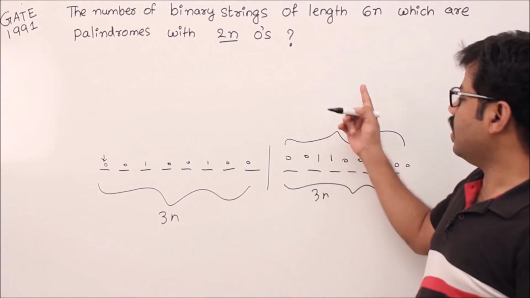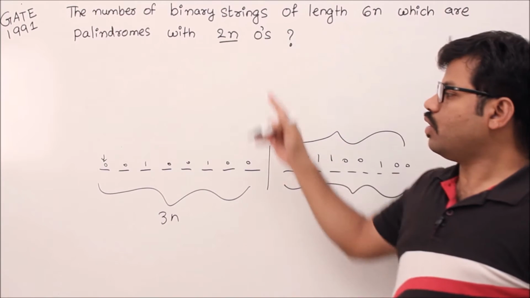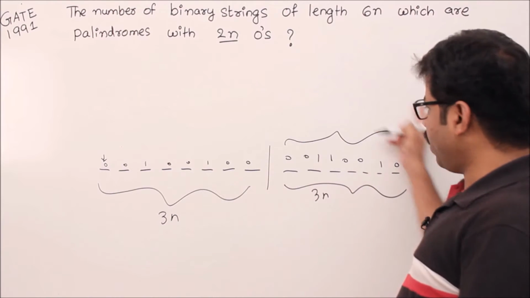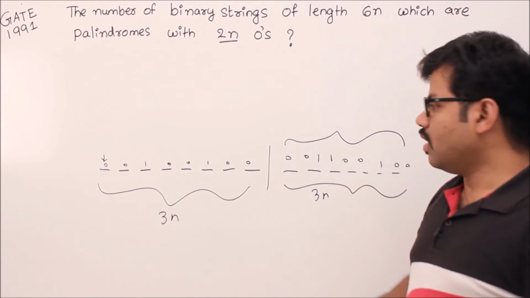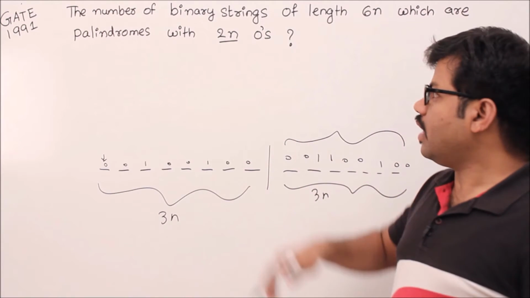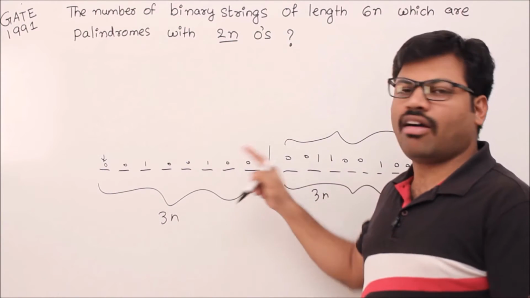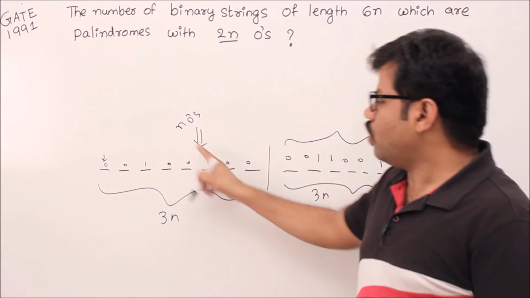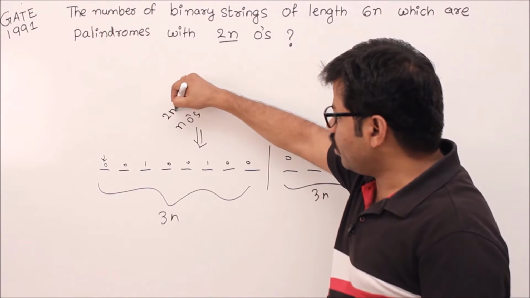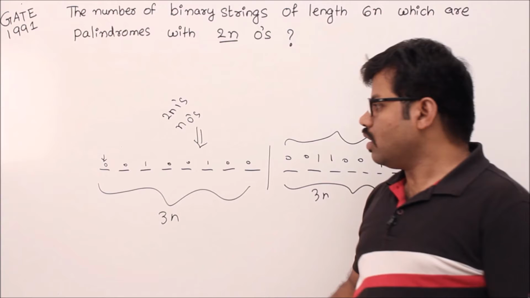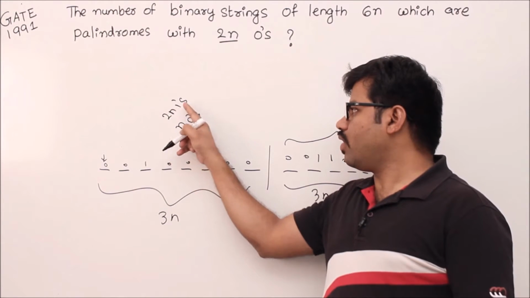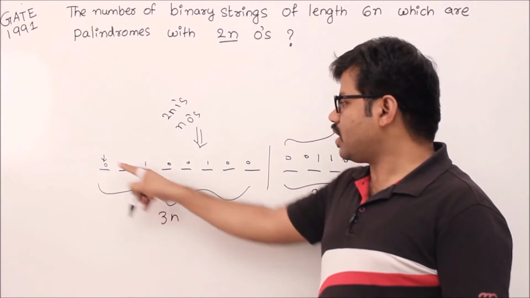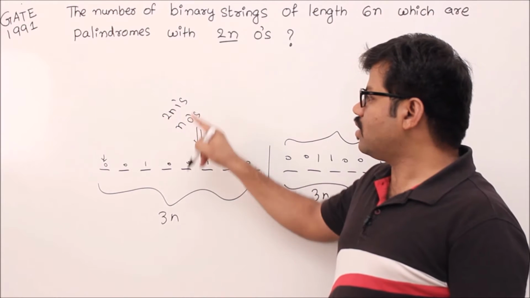The second condition is, we have to fill only 2n zeros in the entire string. But we know that this binary sequence is divided into two parts. The first part is exactly equal to the second part. Then the number of zeros also will be divided into half and half, right? So finally n zeros come here. Of the total 3n positions, if n zeros come, 2n ones come here. Then the problem is reduced to how many different ways you can form a pattern with 2n ones and n zeros. In other words, how many different ways you can arrange 3n objects in a line, out of which 2n are ones and n are zeros.